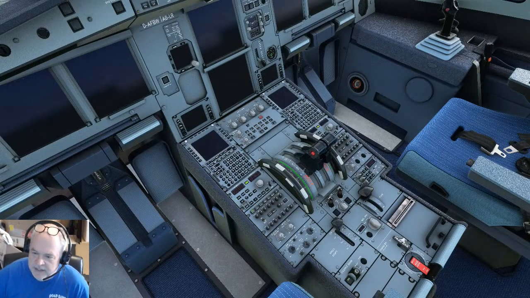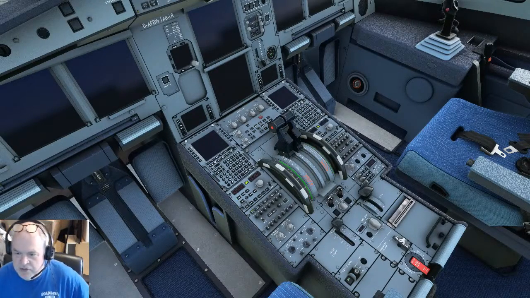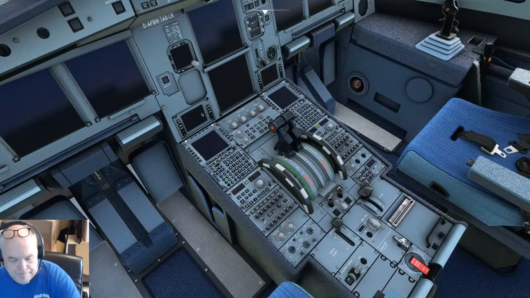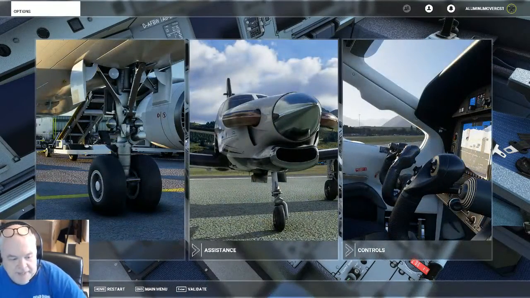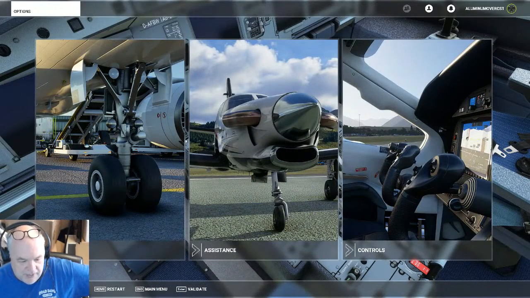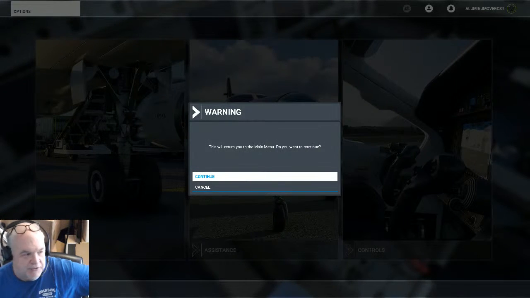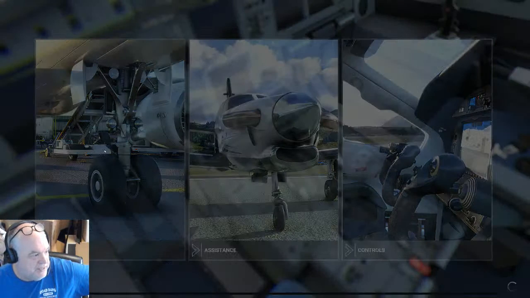So that is incorrect. What I think I might do, since I made the changes in the flight simulator, I might try to reinstall that firmware update. I hate to think that that's the problem, it's just the order, but that certainly might be it. Anyway, thanks for joining me, folks. Looks like we'll have to run this test again, and I'll see